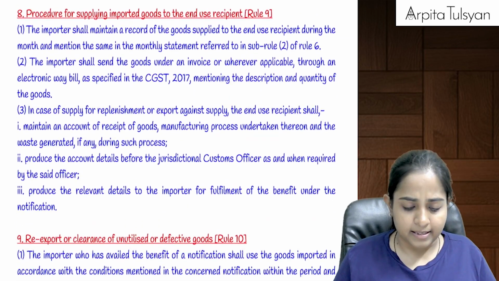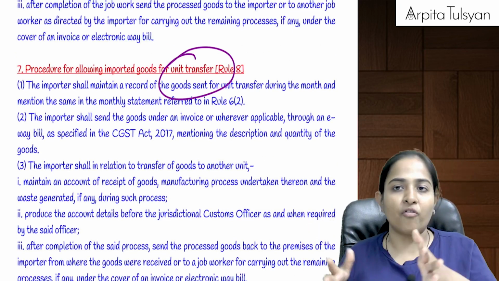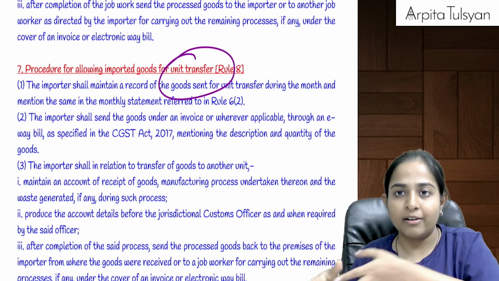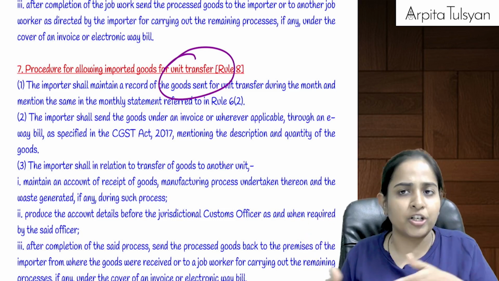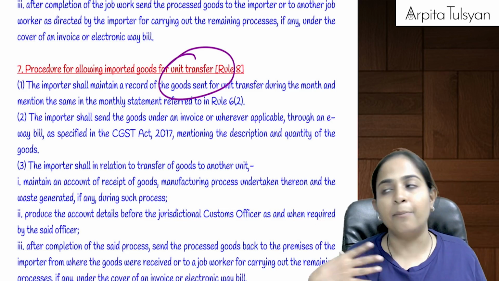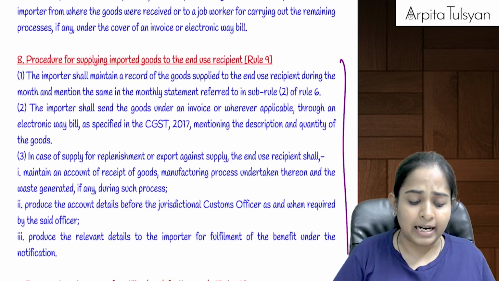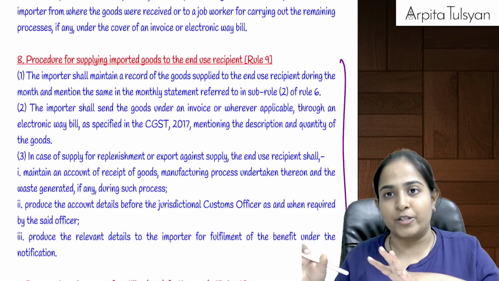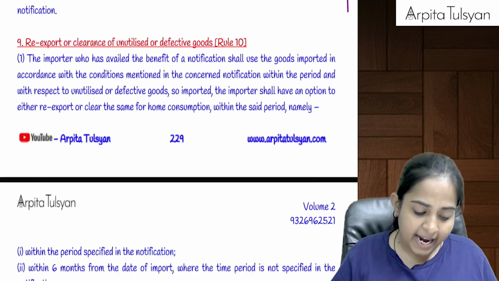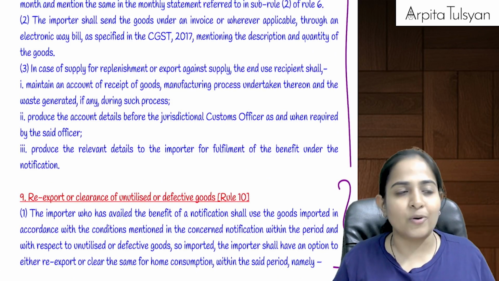And all those things. Okay, the same is applicable in case of unit transfer also. Let's say instead of giving it to the job worker, who is an outsider, I gave it to another unit of my company only. Let's say one unit is a trading unit, another unit is manufacturing. So I gave it to another unit. At that time also the importer has to maintain all the details relating to that other unit. Similarly, if I have given some goods directly to the end user, that also I have to record, that how much have I given to the end user, right?